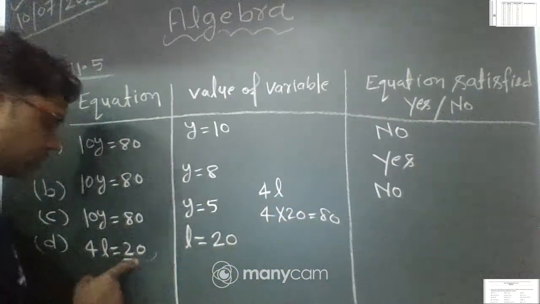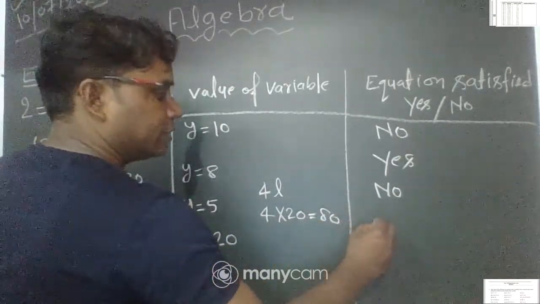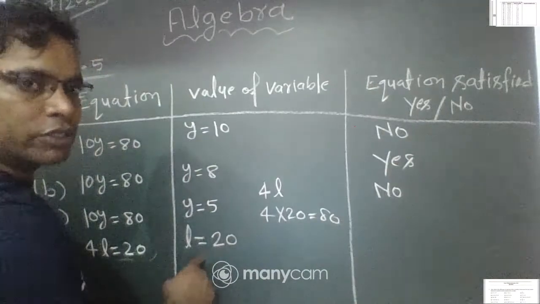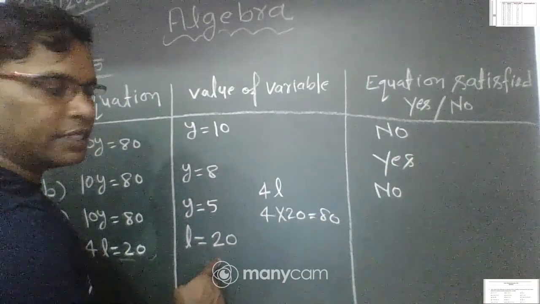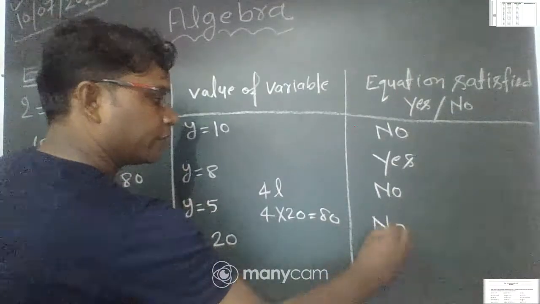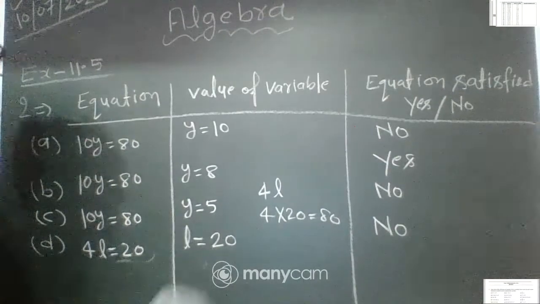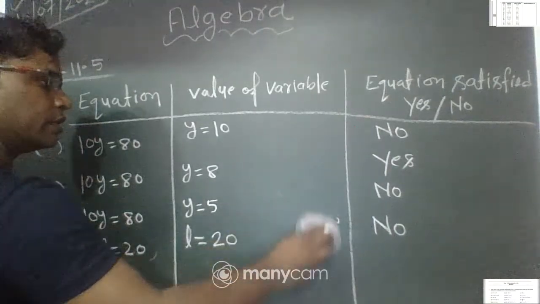So this is not equal to right hand side, so we can say the value of L equal to 20 is not satisfying the given equation. So you write here no. Okay,